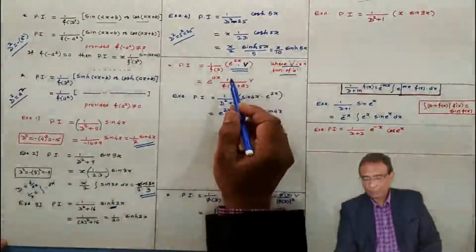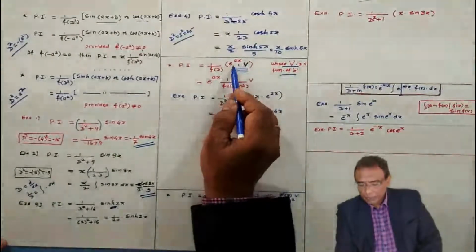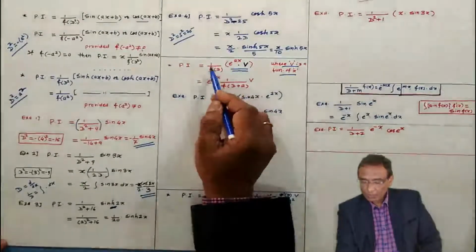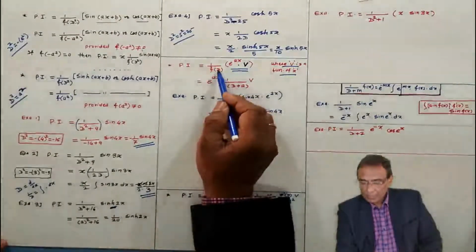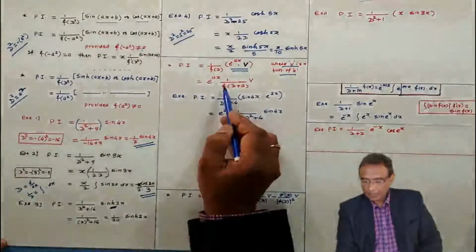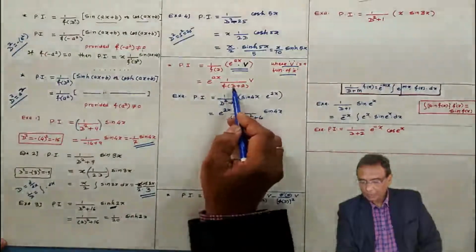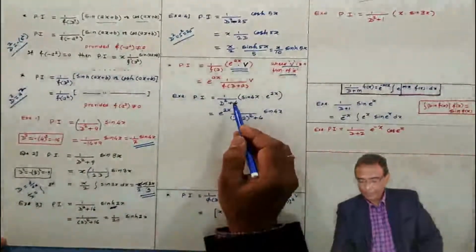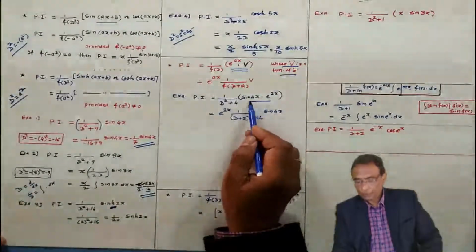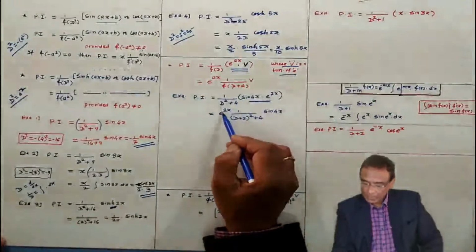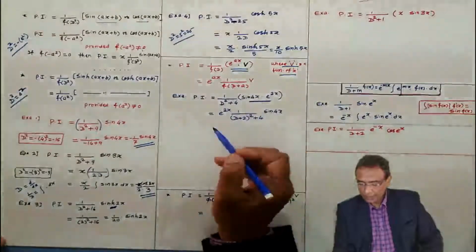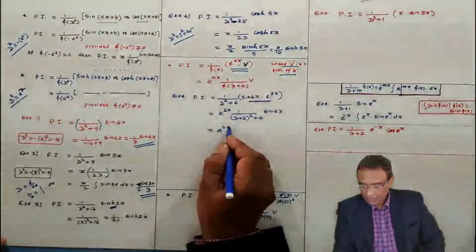In that case, what to do? We have the facility to take e to the power ax outside of the operator. But when you take e to the power ax outside of the operator, then D must be replaced by D plus a. See, this I have taken outside. D must be replaced by D plus a. That is important. Now here, this operator I am operating on a product of 2. E to the power 2x we can take outside. But when you take e to the power 2x outside, D must be replaced by D plus 2. And this can be solved very easily.